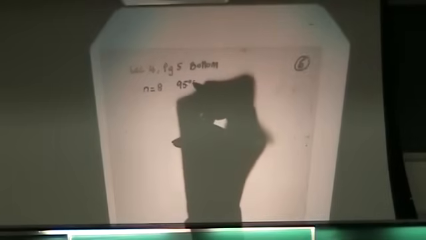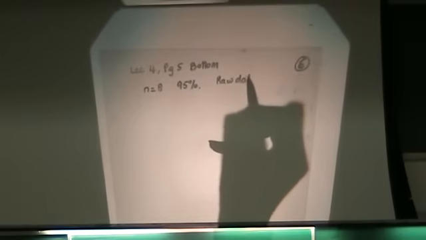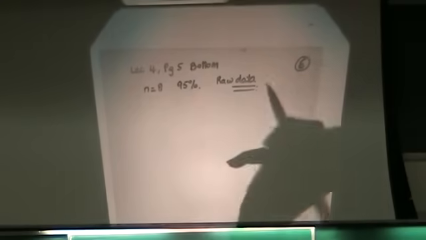This is page 6. Given the following 8 values, okay, n equals 8. Find the 95% confidence interval. Okay, so this time they're giving me raw data from the sample. Data, not stats, right? I have to find my own X bar and my own S,